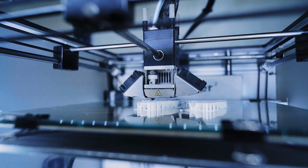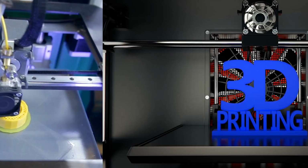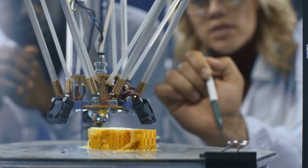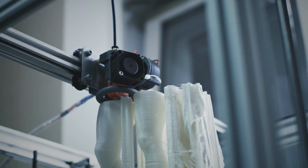In this video, we'll take you step by step through the world of 3D printing, from understanding how it works to exploring the different types of printers and materials available. By the end of this video, you'll be a 3D printing pro and ready to start creating your own unique